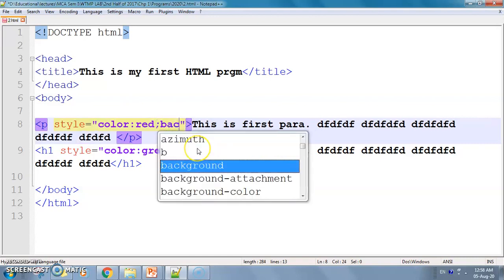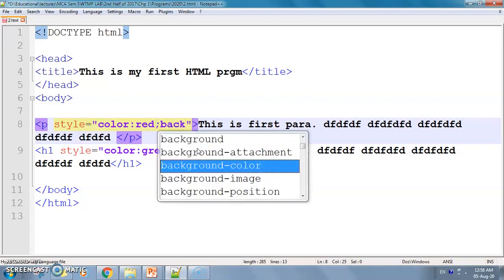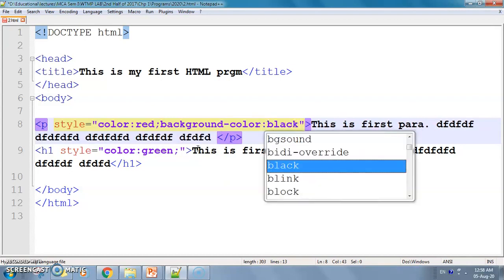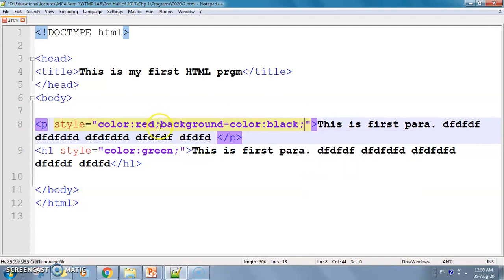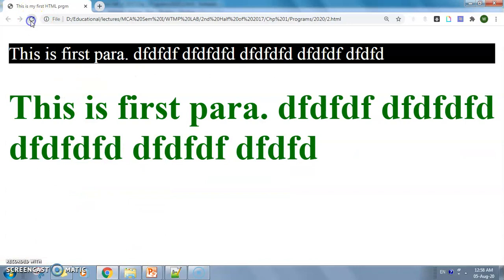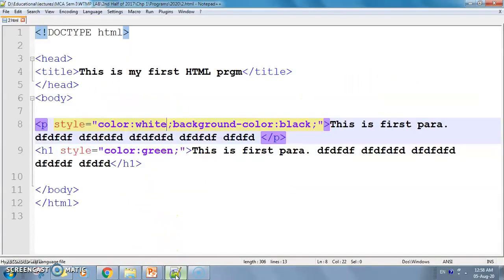Here I will write, automatically you will get background color here also, and color is suppose black, and the text color is white. Now save this and refresh. You are getting background color black. So this is how you will implement background color.